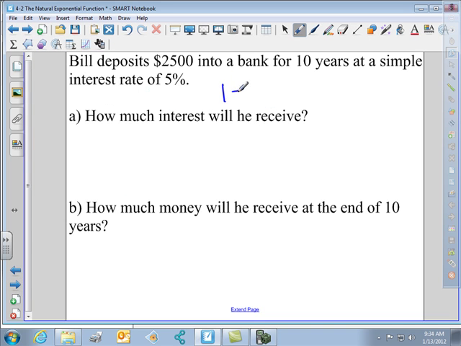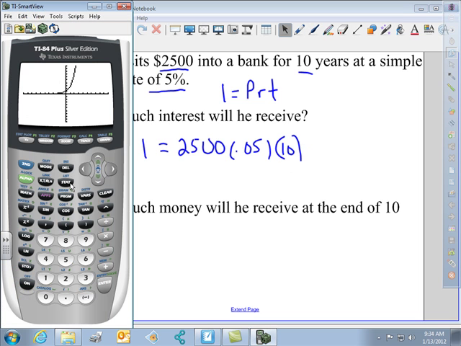I'm going to write that formula again here, I equals PRT, and here we have that Bill deposits $2,500 into a bank for 10 years at a simple interest rate of 5%. So as we look at that formula, I, the interest that he would receive, equals the amount of money, which is $2,500, times the rate, which is 0.05, times time, which is 10. So I'm going to go ahead and plug that into our calculator here. That would give me $2,500 times 0.05 times 10, and this is the amount of interest that he would receive,